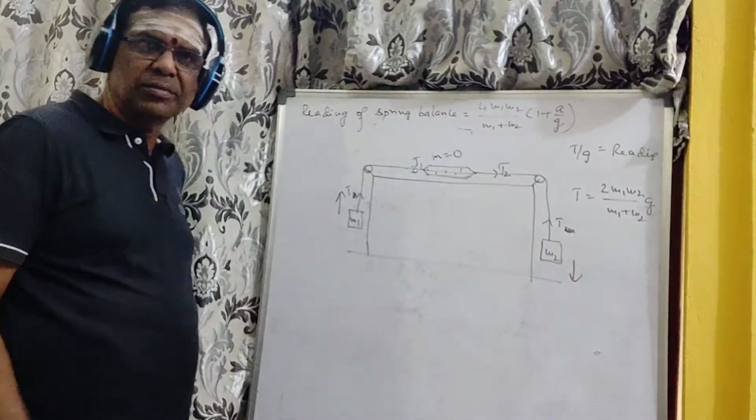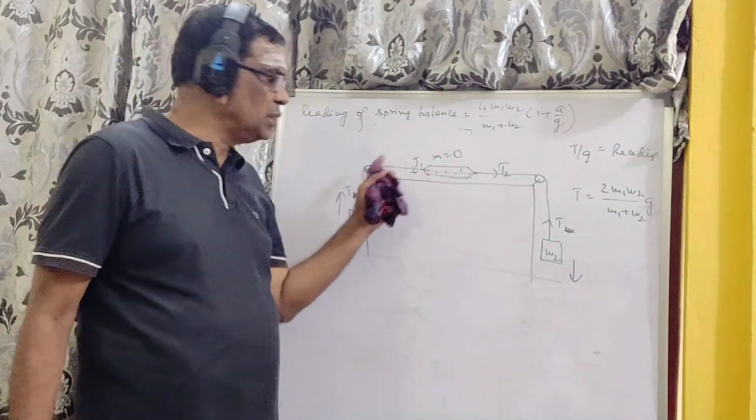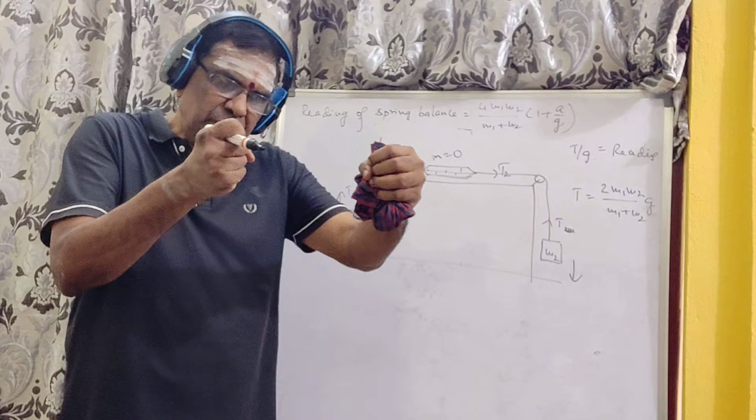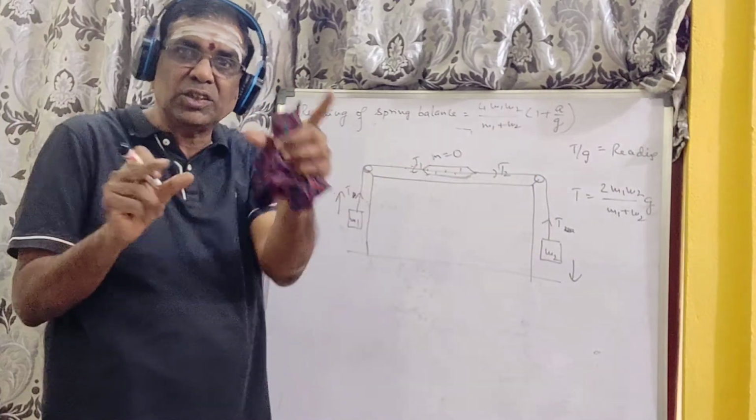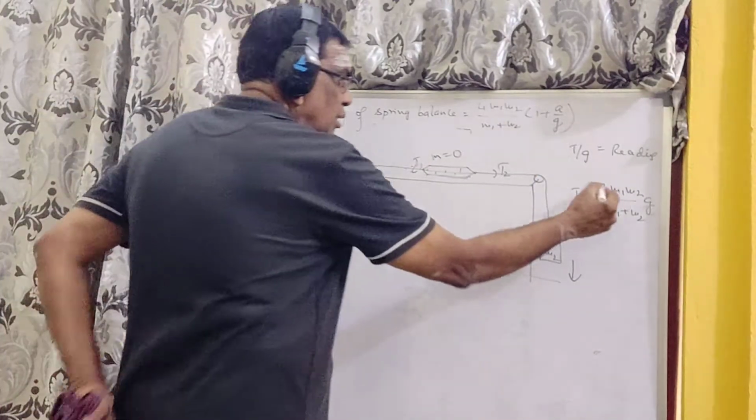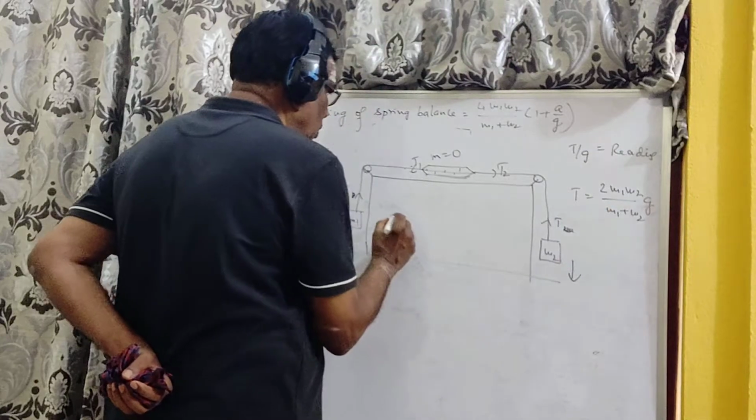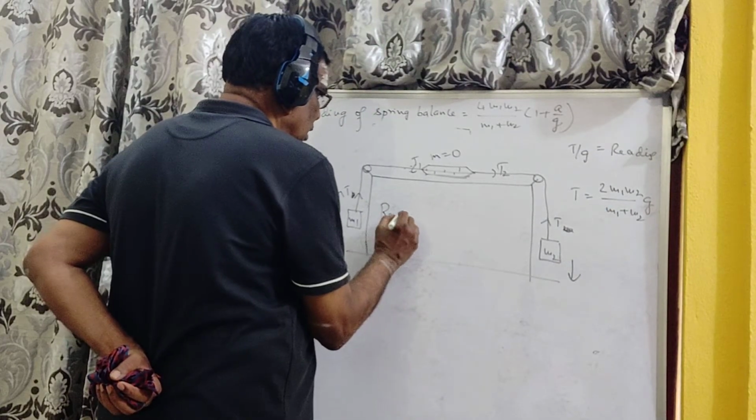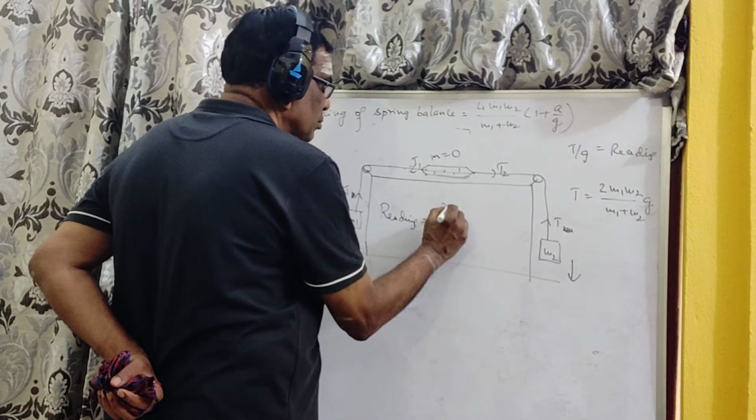That is the tension. So, tension is like this. With the same tension, I am pulling that spring, then it will show you a reading. What is the reading? T by G. So, the reading is